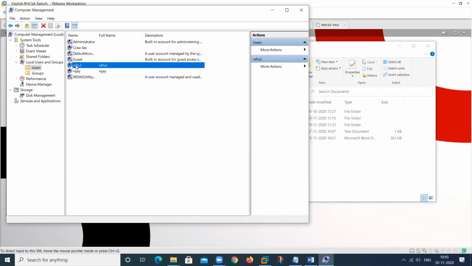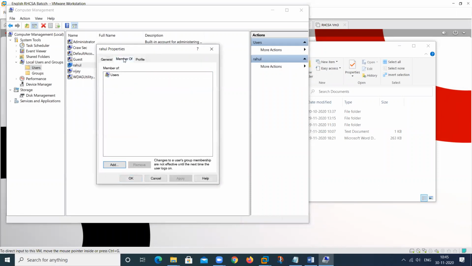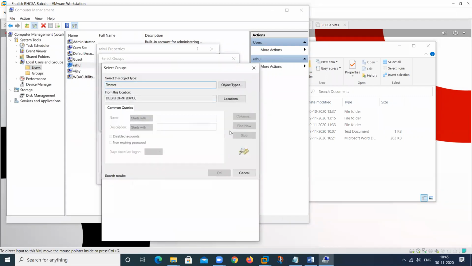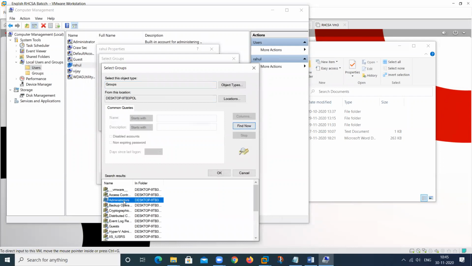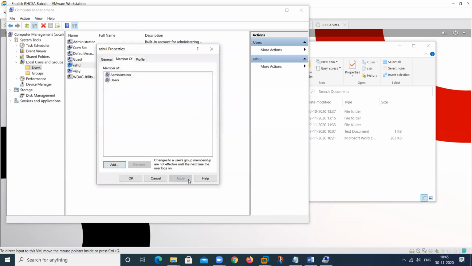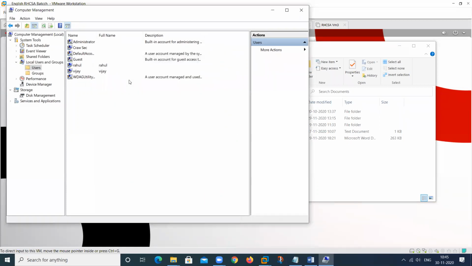It means an administrative user. Suppose I add this user in the administrators group, then this user can perform any command in the system because this user will become a super user. So this user can perform any task. This is the concept: adding a user in a super administrative group.